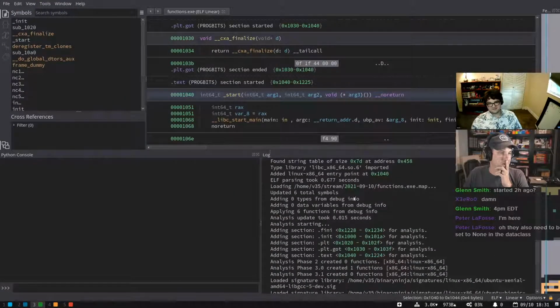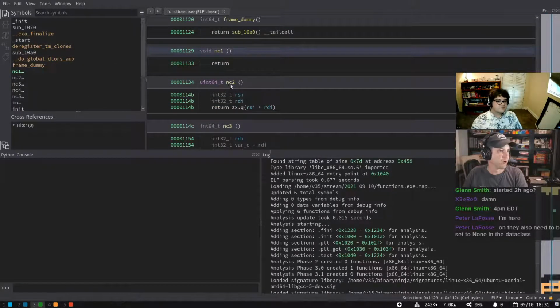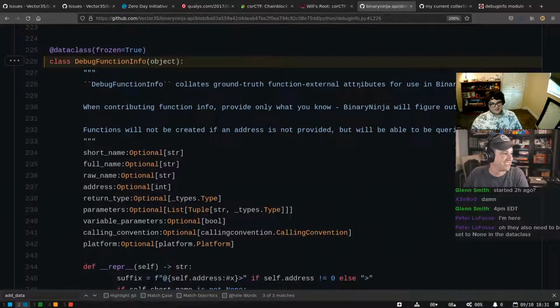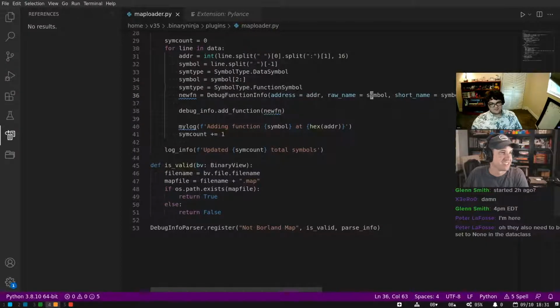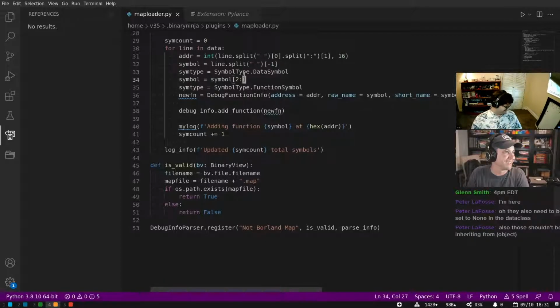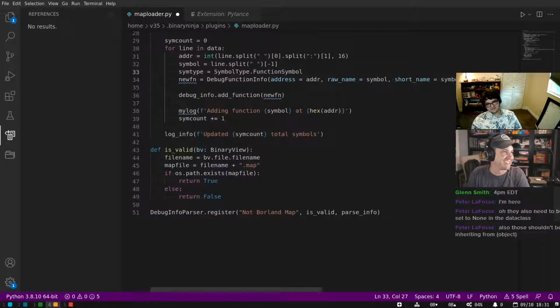Forging on. Updated. Oh, hey, look over here. Well, I have the wrong name, but we made functions. Okay, so let's figure out what got in. So what got symbol? It's just not getting the first 2 characters. Oh, symbol equals symbol 2 colon. I don't know why. Oh man, this is some serious copy pasta here from like bad. Yeah, I just think I need that. Right? All right. I think we're done.